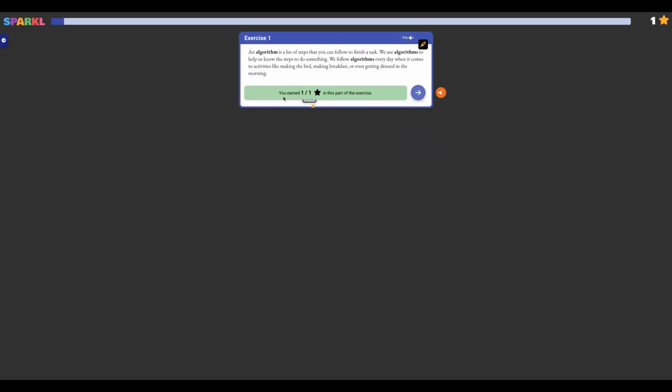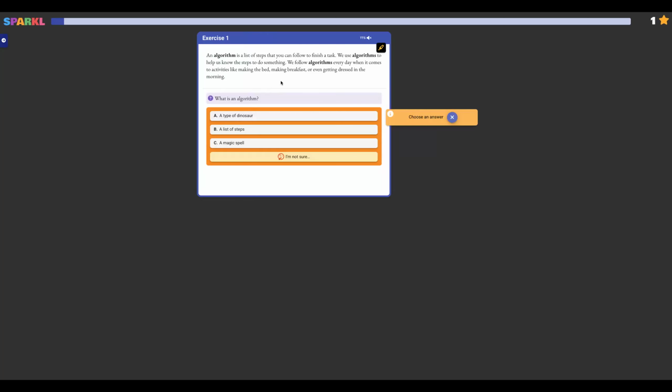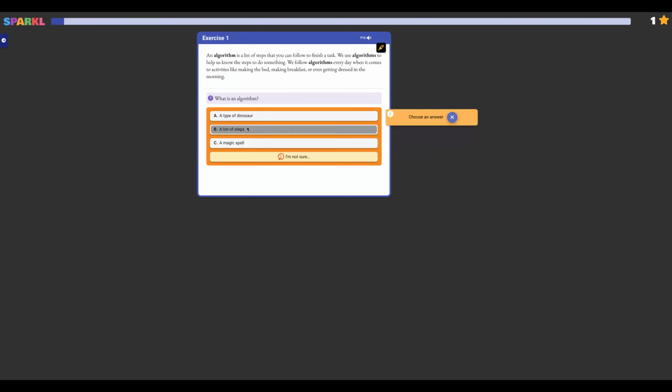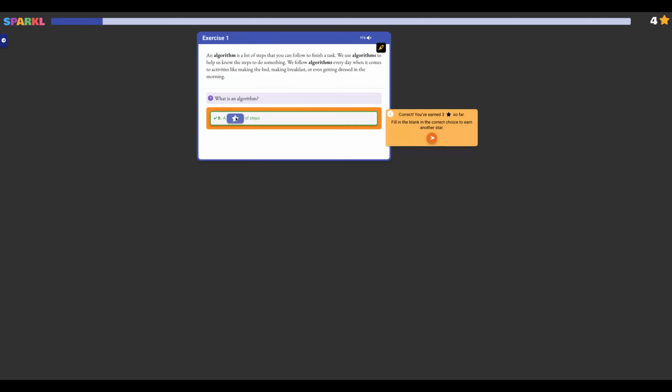And then it's going to ask me, what is an algorithm? I have a multiple choice question now. As you see me work through these, I, as the quote unquote teacher for this, or as the trainer for this session, created this lesson. I input the correct answers. So for these, the little robot that you see in the background is able to automatically grade these. And I'm going to put in that answer.